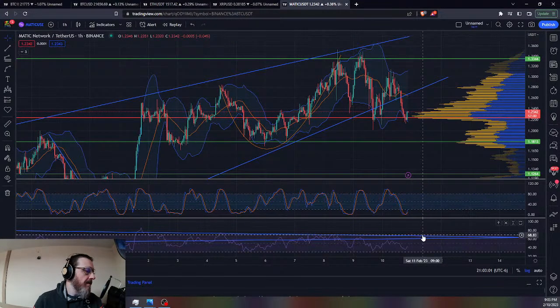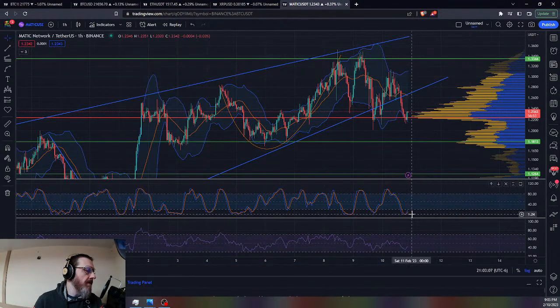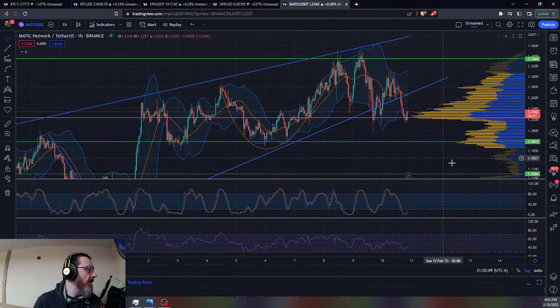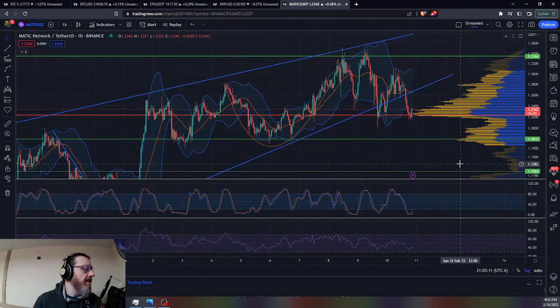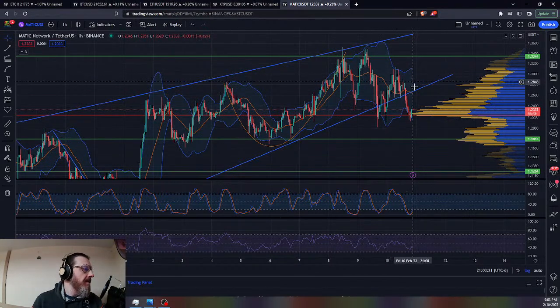And I'm going to remove these lines here on the RSI. And I will say right now, this 1-hour stochastics RSI is very low, so that is a nice sign. Looks like we're getting a bounce off this point of control at $1.22 as well. So this is an interesting